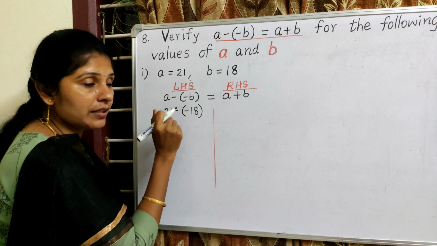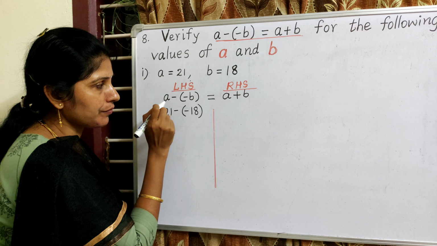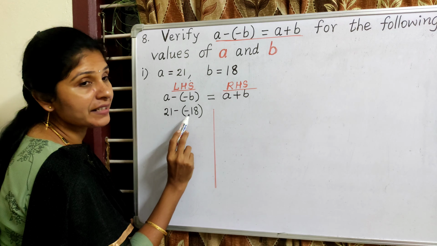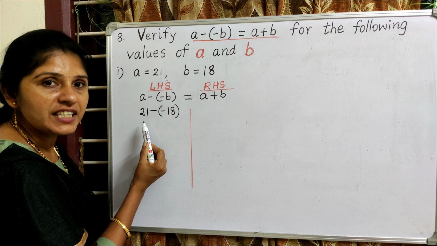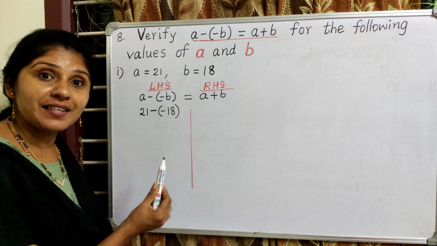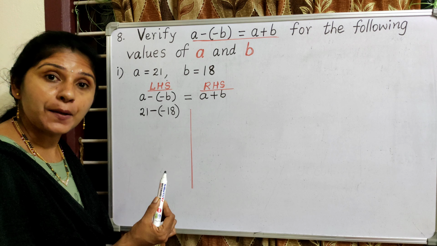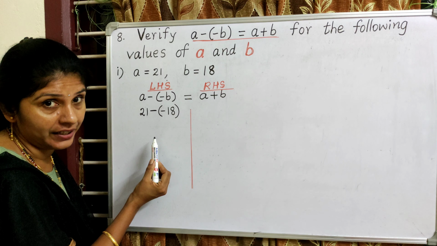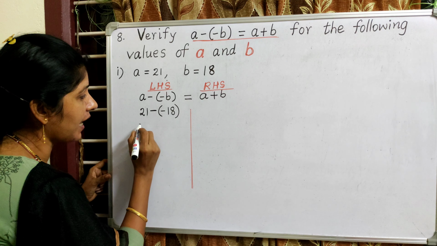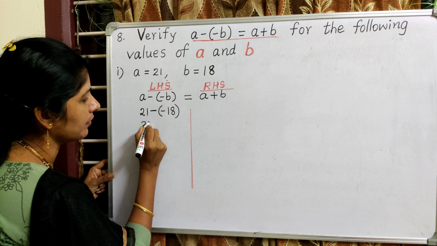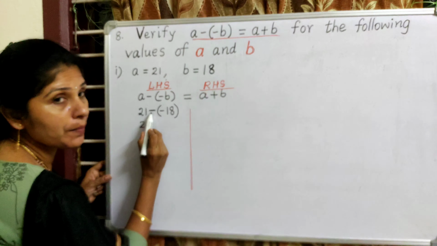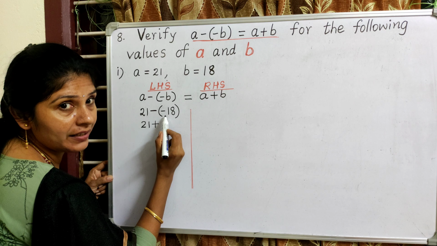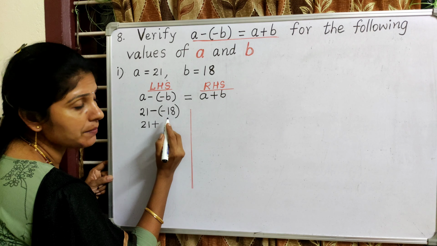Don't change the sign. Follow the same signs which are given in the formula. So, 21 minus 18. Now it is a subtraction. To continue the sum, as we know, according to the subtraction of integers, we need to change the operation from subtraction to addition. So, let us write the first number as it is, 21. Change the operation sign from subtraction to addition. Change the sign of the second number, minus 18 becomes plus 18.